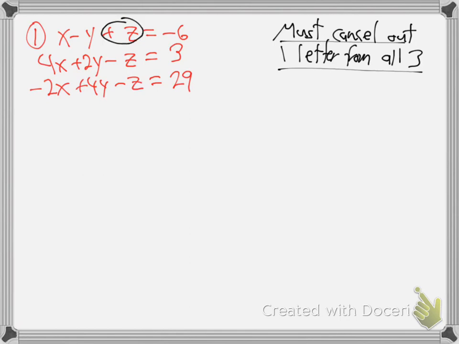Looks like this Z is easy because if I add it to this guy or add it to that guy, it'll make them 0, and I'll cancel the Z out of all of them. So that's the first thing. Let's get the Z out of everybody. You could do the X or you could do the Y. It doesn't really matter. Just get rid of one of the letters. So, all right, I'm going to bring it down here. I'm going to just take the first equation and the second equation